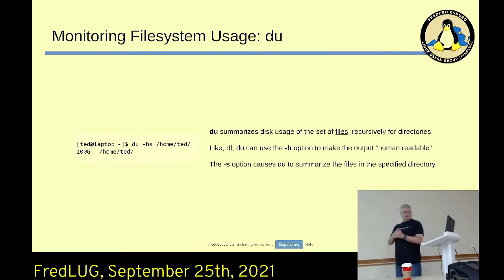All right, next one is du, or disk used. This gives you a summary of disk usage. It's a set of files, recursive. It can scan recursively into your directories and tell you how much space each directory is taking up. So if you're one of these people who use the downloads directory in your home directory, anything you grab from the internet, you just throw it in there